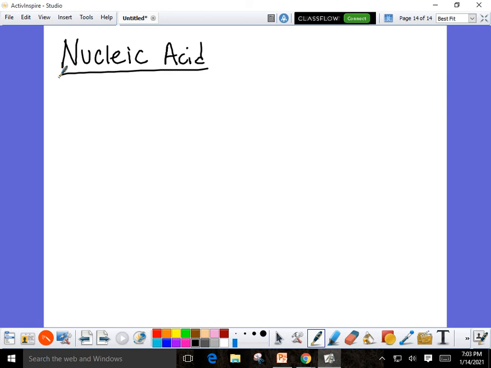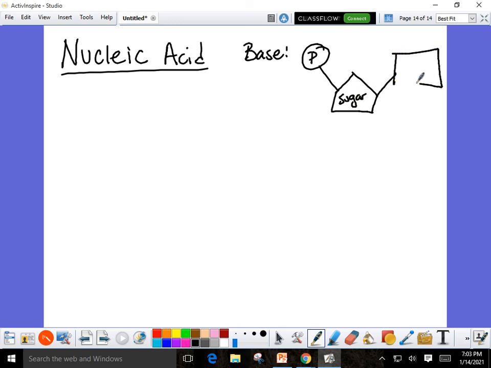Now, the base structure of a nucleotide looks something like this. You've got a phosphate group attached to some kind of sugar, and that sugar is attached to a nitrogen base. Okay. That nitrogen base can differ depending on what nucleotide you are in DNA. If you are an ATP versus a GTP, it's a little bit different. Okay. Now, ATP